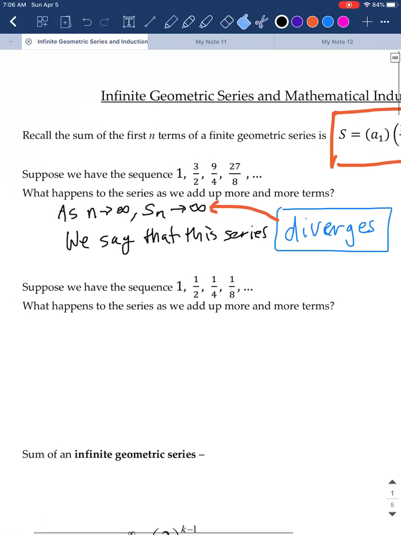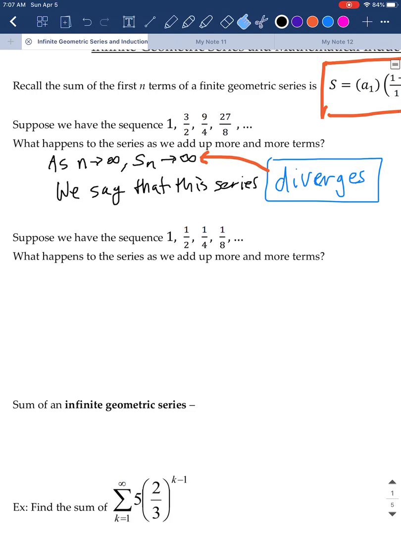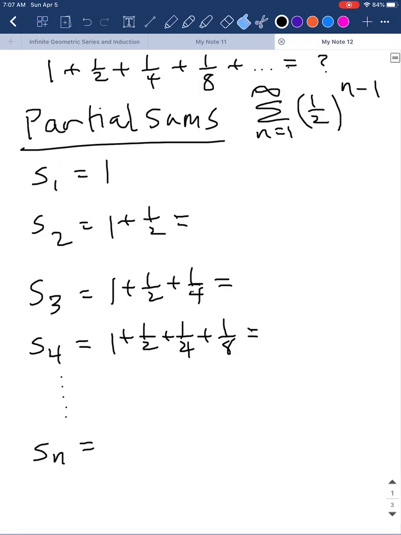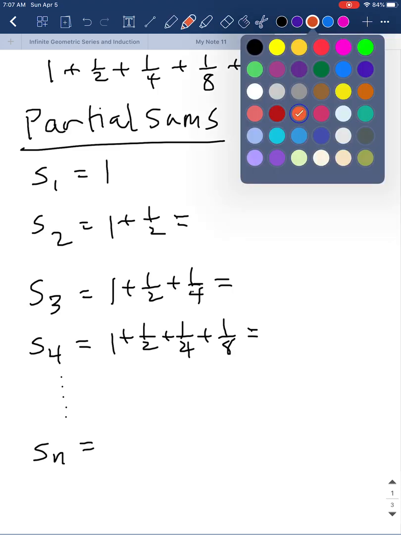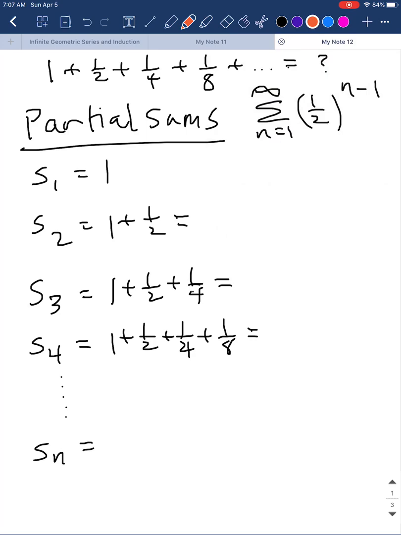So let's go back to then our second series, which is similar, right? The first term is 1, but now we're adding the next terms, which are going to be found by multiplying by 1/2 instead of 3/2. So we can look at our sequence of partial sums. So S sub 1 is 1. S sub 2 is 1.5. S sub 3 is going to be 1.5 plus a quarter, which is going to be 1.75. And then S sub 4 is 1 plus a half plus a fourth plus an eighth, which is going to be